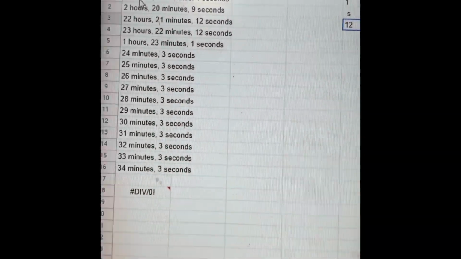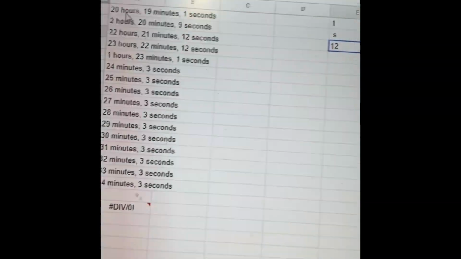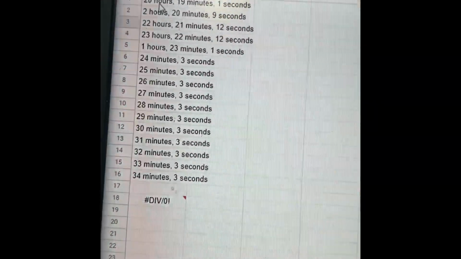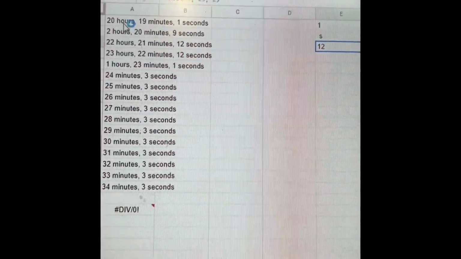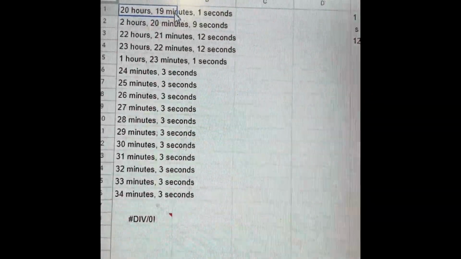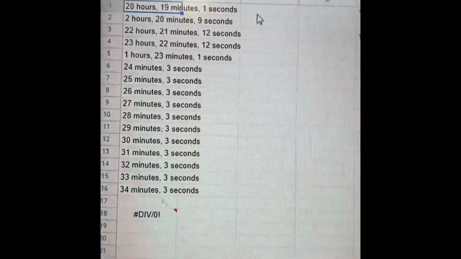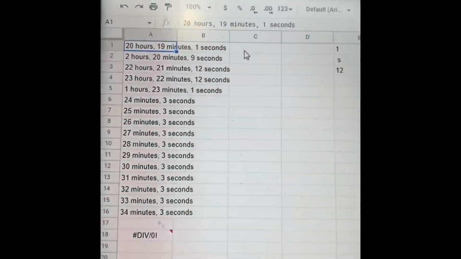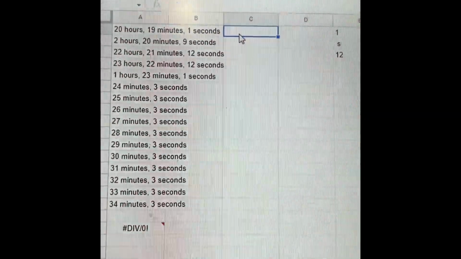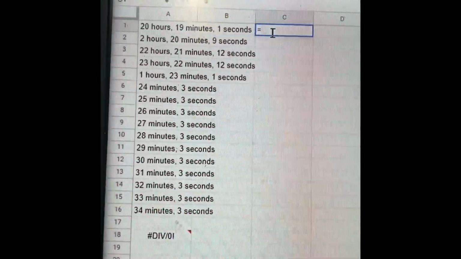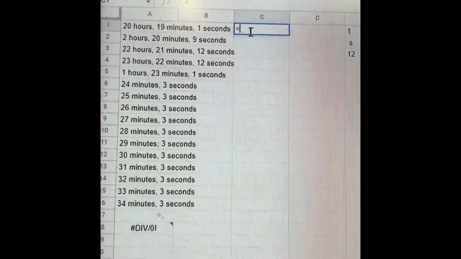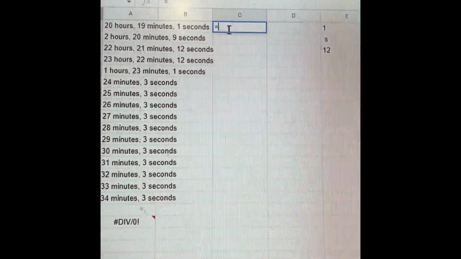In this video, we are trying to find the average for the data over here. So over here we have 20 hours, 19 minutes and 1 second. So let's see, we go in our block over here. What we are trying to do is just separate the hours, minutes and seconds into three different